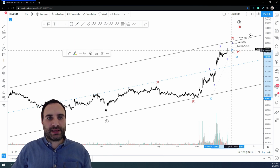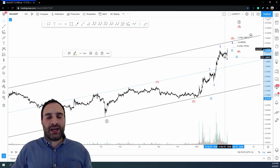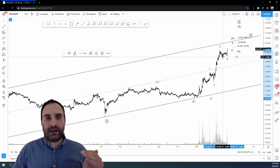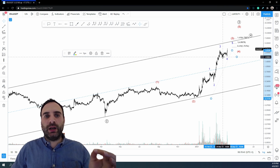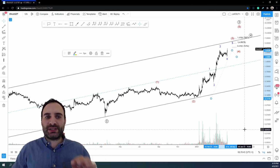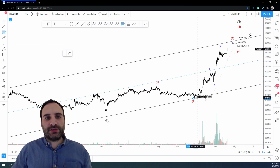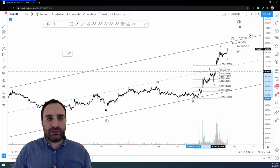These levels make sense to me because we had the correction, and we said that the correction is probably going to be around 1.92. Let me remind you why we said that. We said that because the rule of alternation is respected. What the rule of alternation says, one of the guidelines that is included,